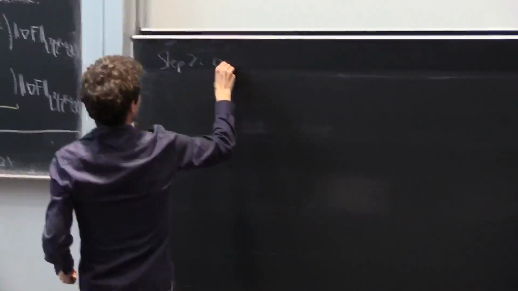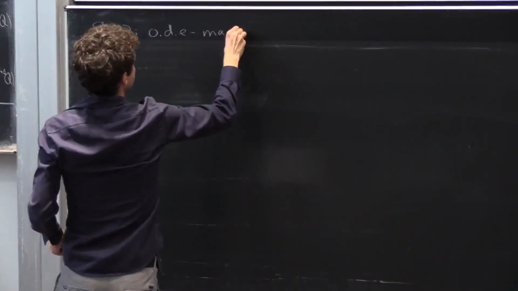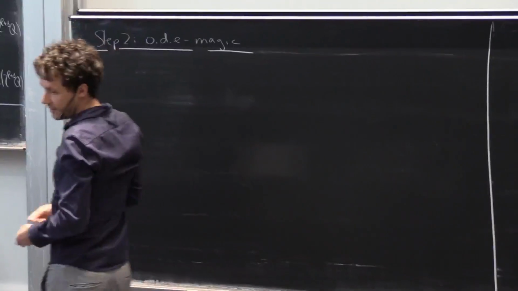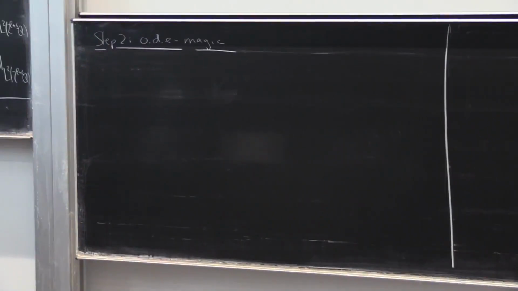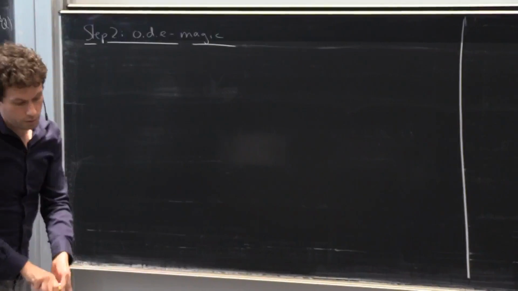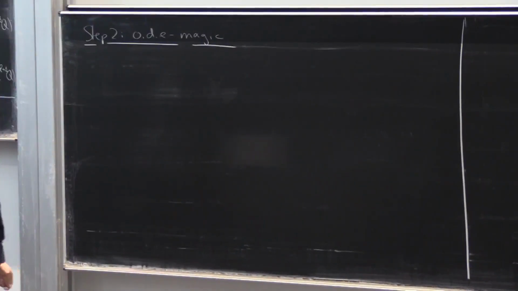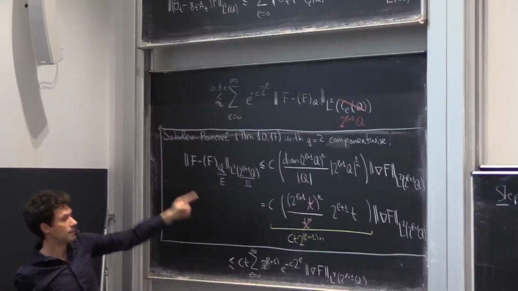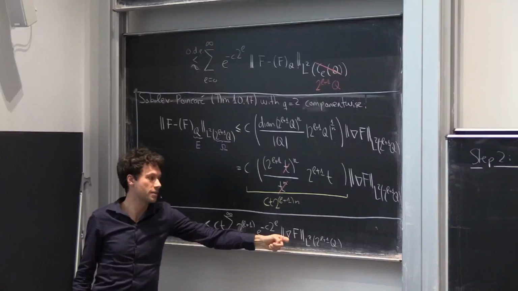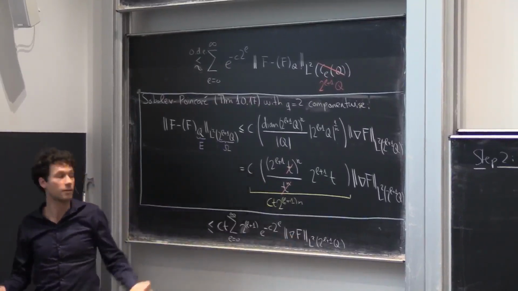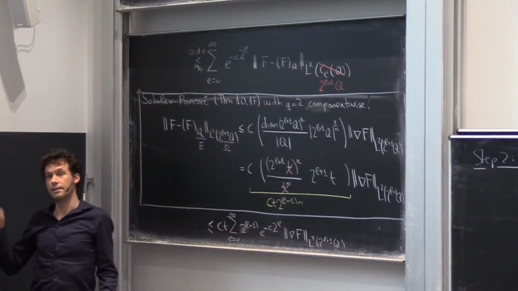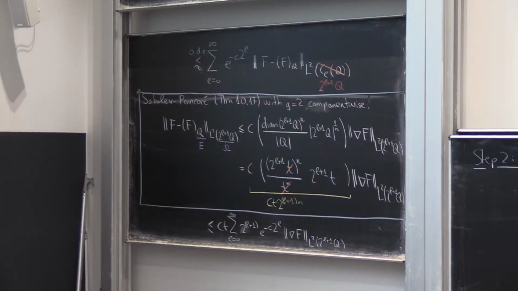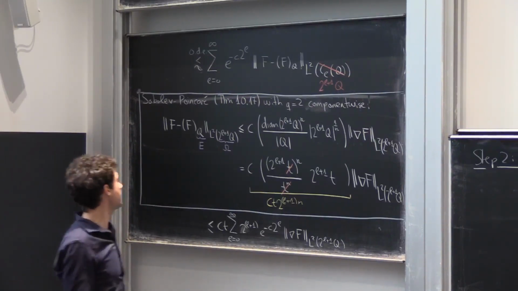So step 2, off-diagonal estimate magic. Basically, this is a repetition of a proof that Robert showed you 2 weeks ago. I'm going to repeat the proof nonetheless, because I think it's good for you to see this strategy once again, because it's so powerful. In principle, I have an estimate on Q with all these tails, because for a single cube I'm using information of f still globally, but all these tails are multiplied by rapidly decreasing prefactors, and we can therefore turn it into a global estimate.